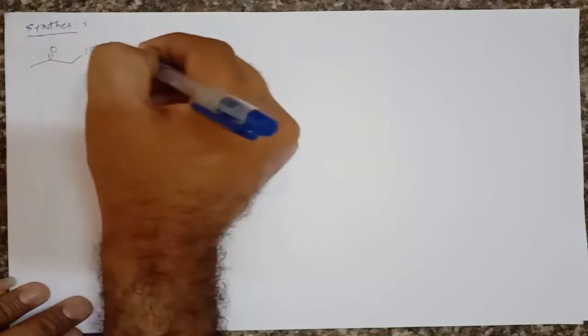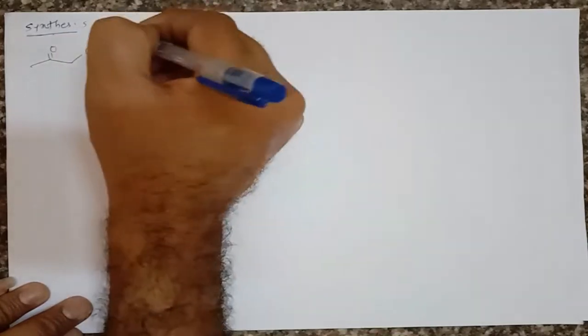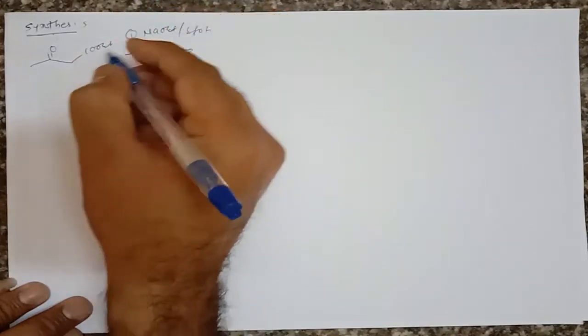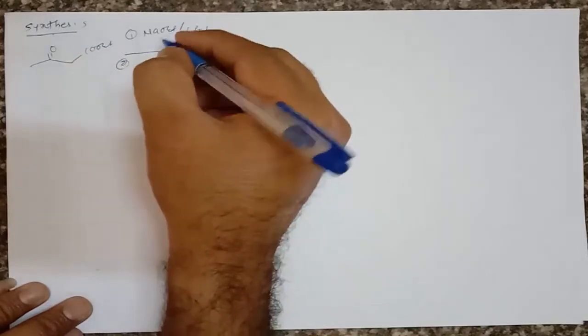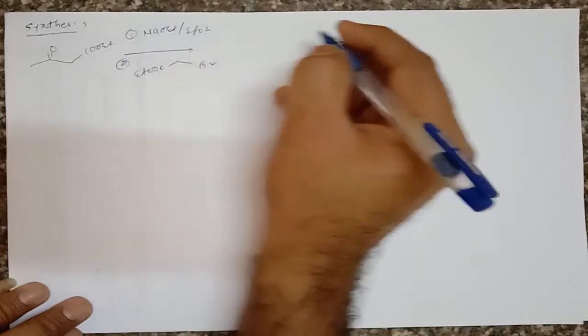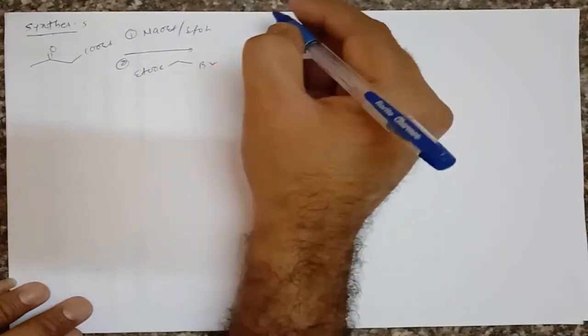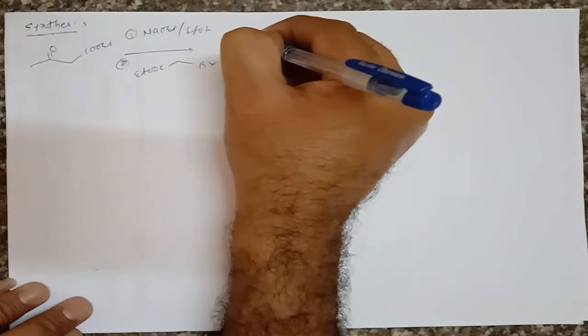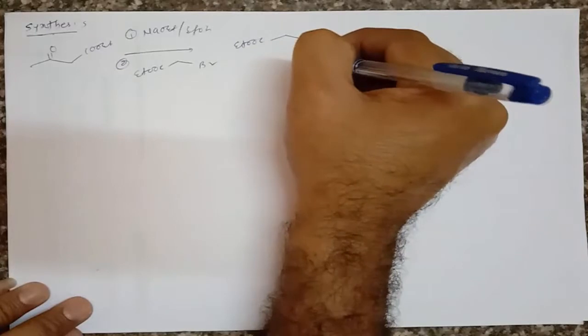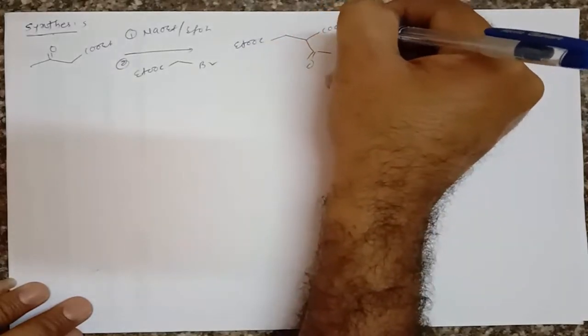In the synthesis, we can take this ethyl acetoacetate, COOAT, and treat this molecule firstly with base, that is sodium ethoxide in presence of ethanol, and secondly we can treat this molecule with this alpha bromoester. Then it gives formation of A, that is ETOOC, then CH2, then here is C double bond O CH3, and here is COO18.